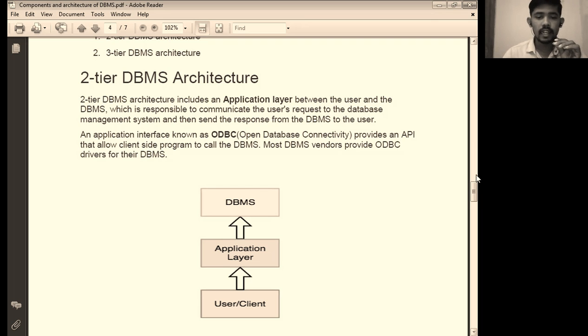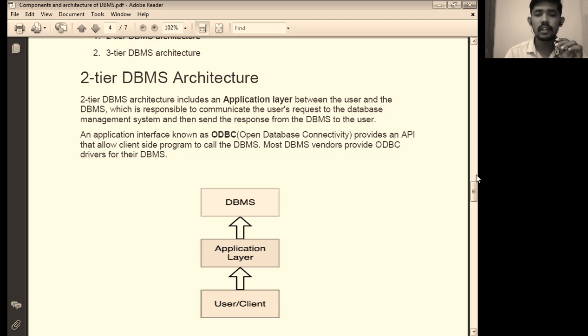So see the diagram. User or client sends the request for the database management system via the application layer. Application layer sends these requests to the DBMS. DBMS processes the user request and sends a response to the application layer, and the application layer will display the response of the database management system to the user. So application layer plays a very important role between user and database management system.